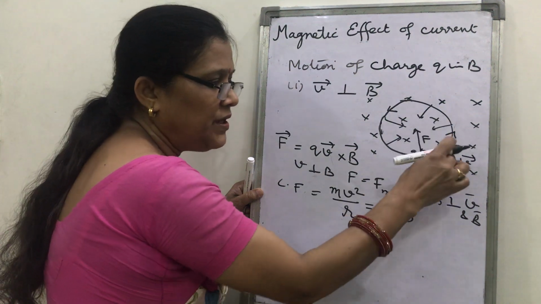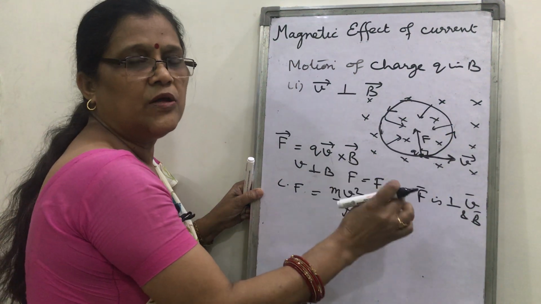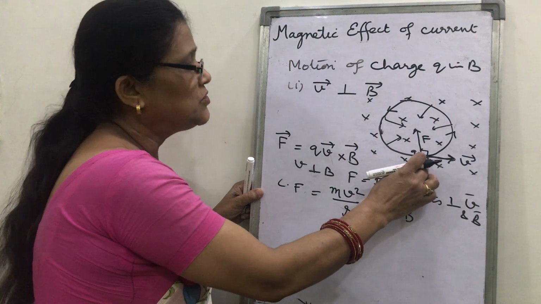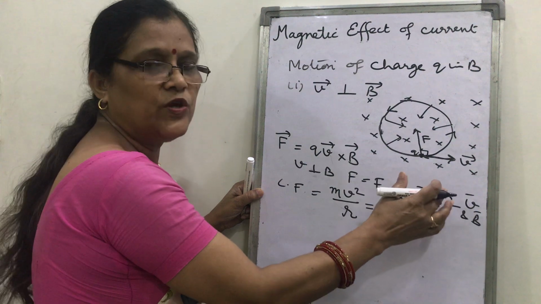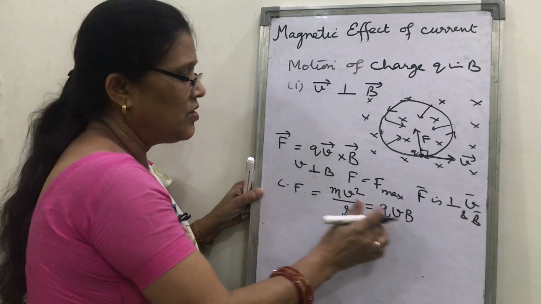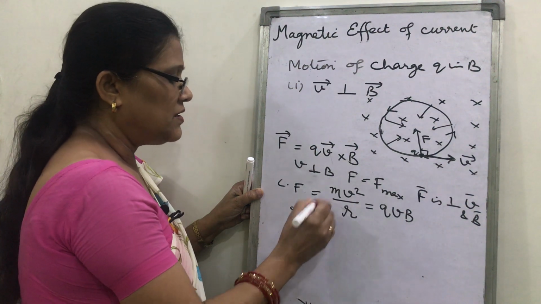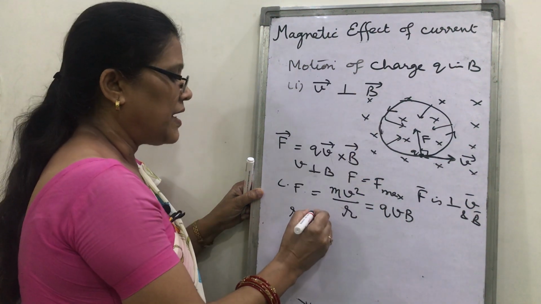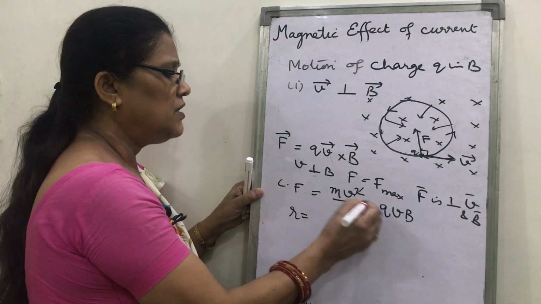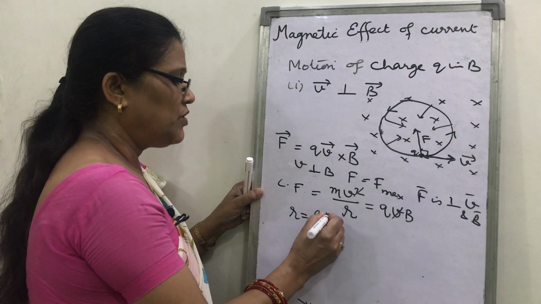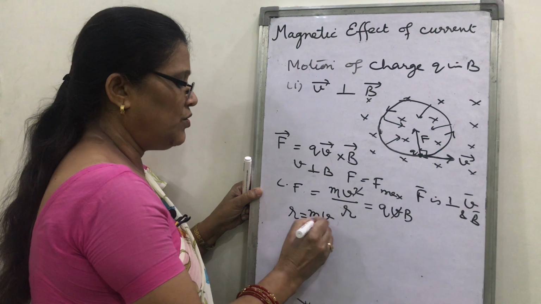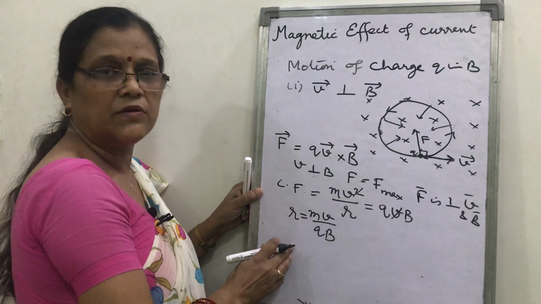Theta is the angle between velocity and magnetic field. So if you write F equal to q v b sin theta, then F maximum at sin 90 is only q v b. What you observe here is that the radius of the circular path can be given by r equal to, what will you write? This v and v will be cancelled. So r equals mv upon qb; this will be the radius of the circular path.